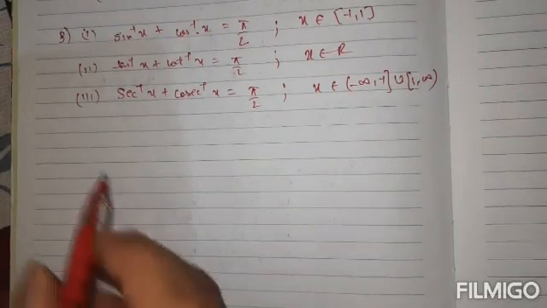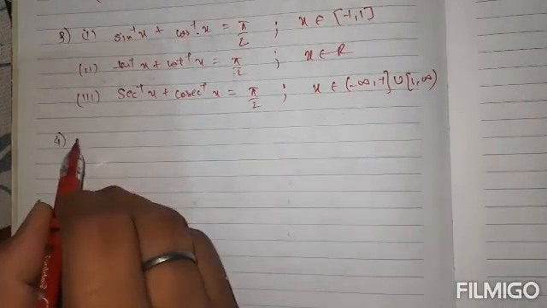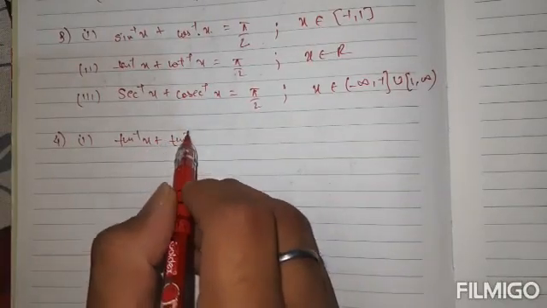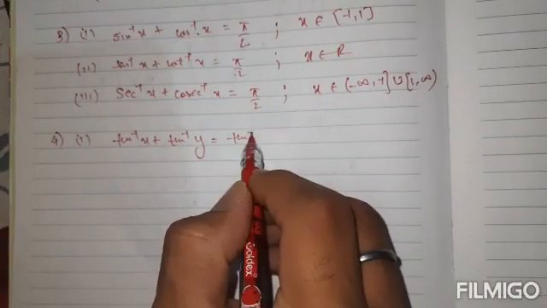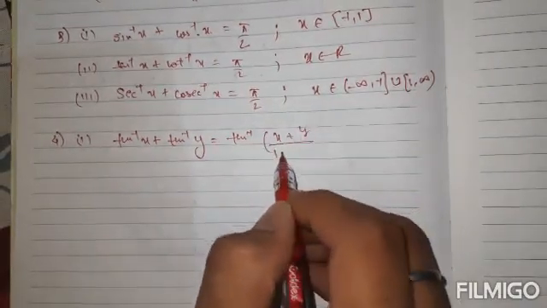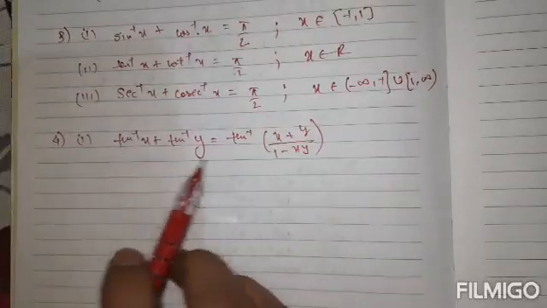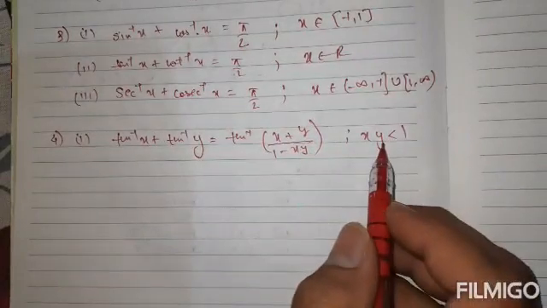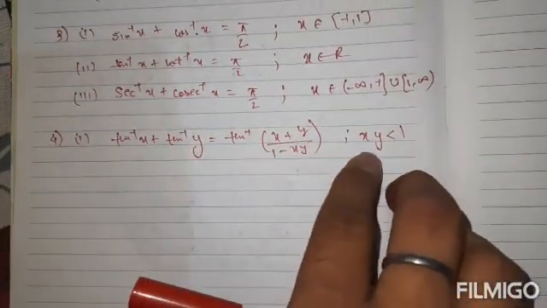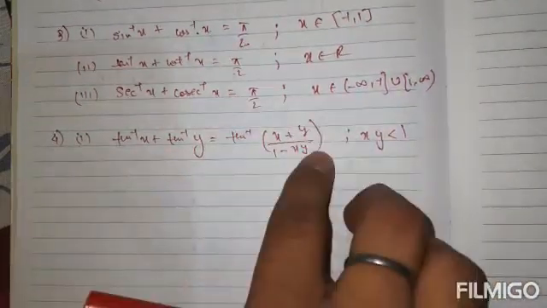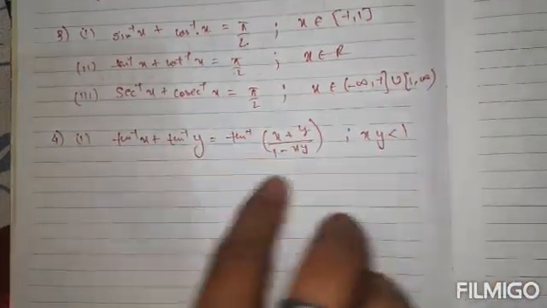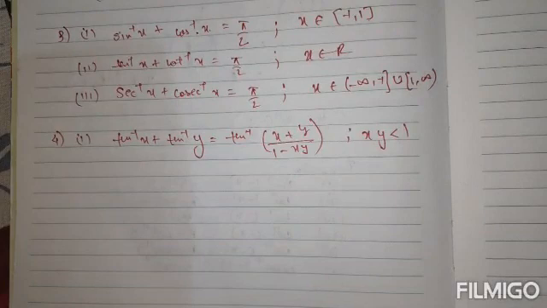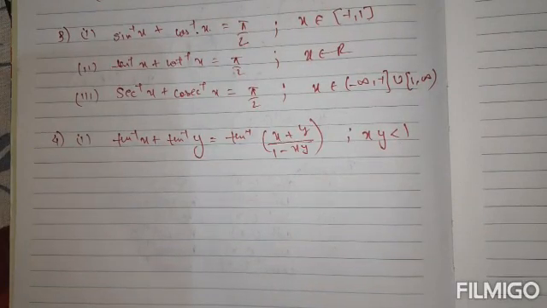Then the fourth set of formulas is this one. tan inverse x plus tan inverse y is equal to tan inverse of x plus y upon 1 minus xy. See students, this formula is only applicable whenever xy is less than 1, the product xy is less than 1. We shall not discuss how we got this condition. We shall not go very deep into the domains of these formulas, because setting the domain in every formula is not part of the scope of our syllabus.